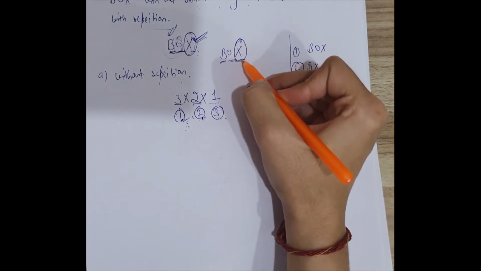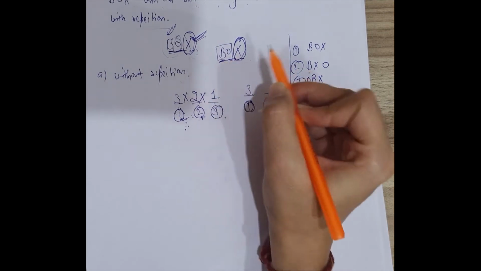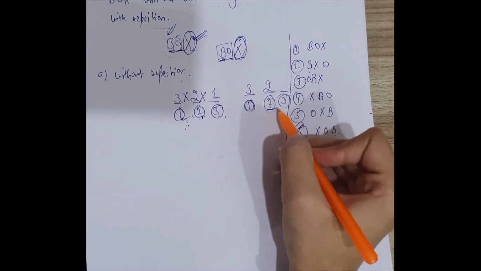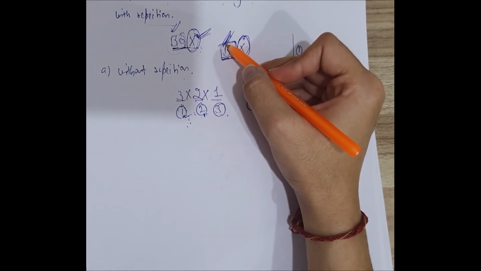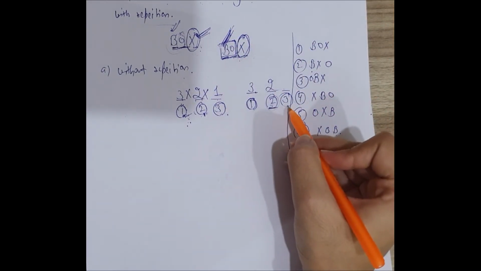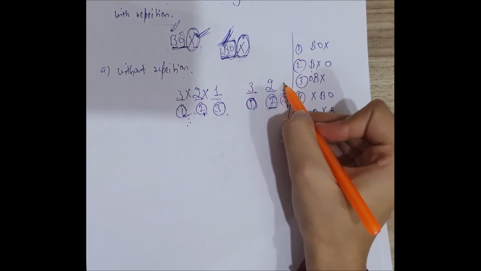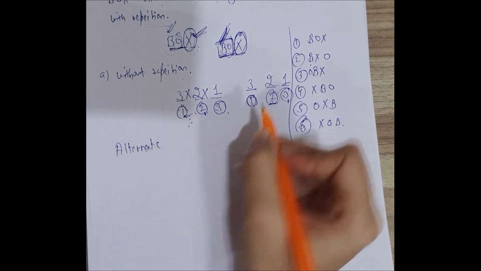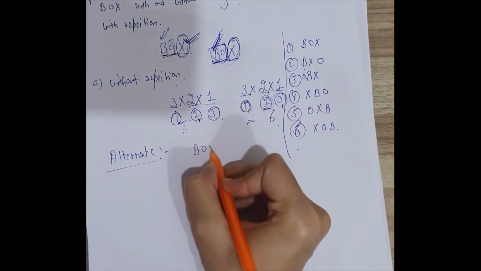If we use this X, then in case of the second letter, we are left with only B and O. Here 2 possibilities can be there. Suppose we use this alphabet B, then in case of the third letter, we are left with only 1 choice, that is O, into 1. Now multiply it and the answer will come out to be 6.